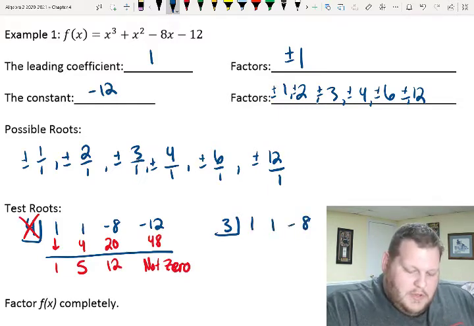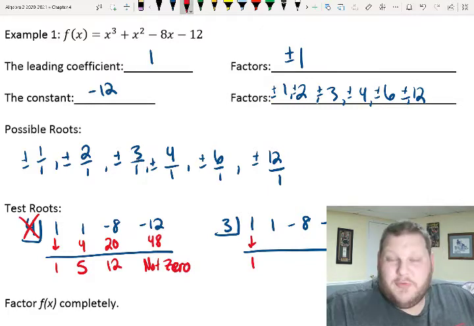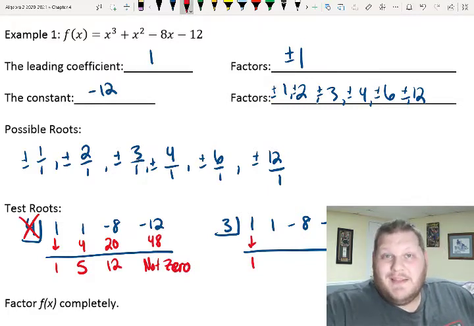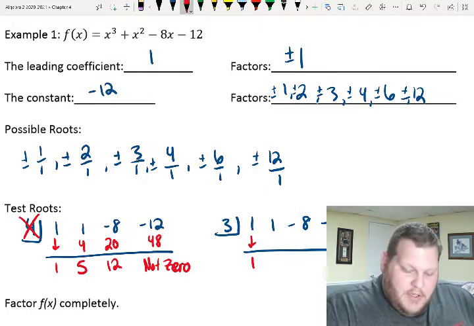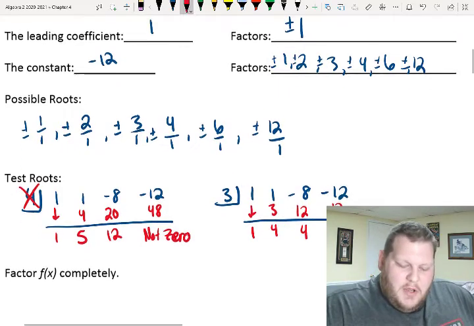1, 1, negative 8, negative 12. And again, we're just doing the same process over again till we hit something that has a remainder of 0, because that means that that is a factor. So 3 times 1 gives me 3, which adds up to 4. 3 times 4 is 12, which adds up to 4. 3 times 4 is 12, which adds up to 0. And yay, we found the first one. So we know that 3